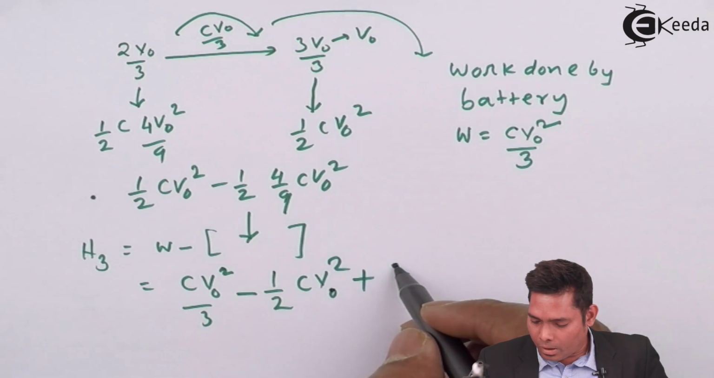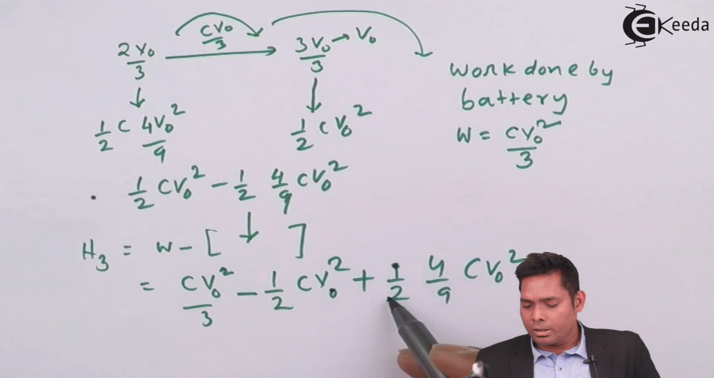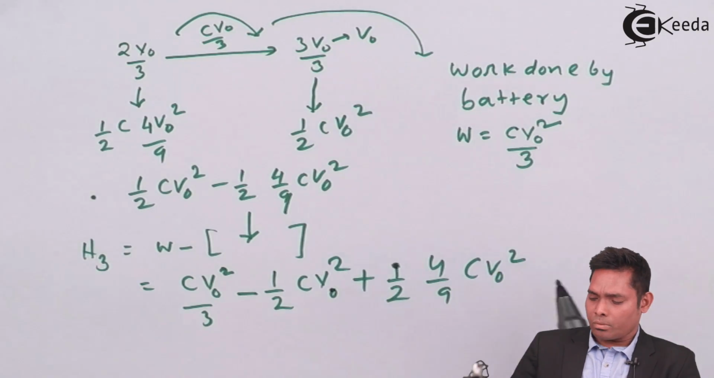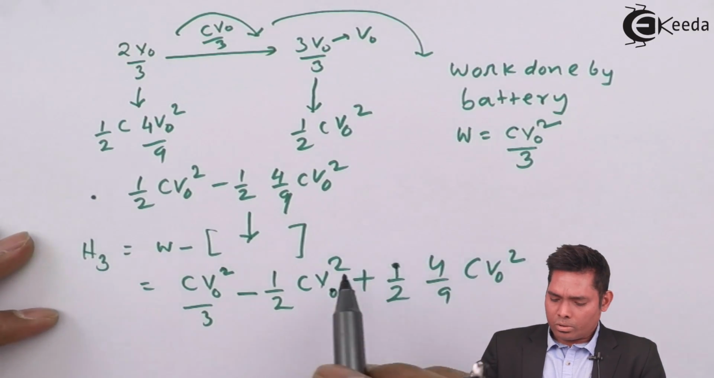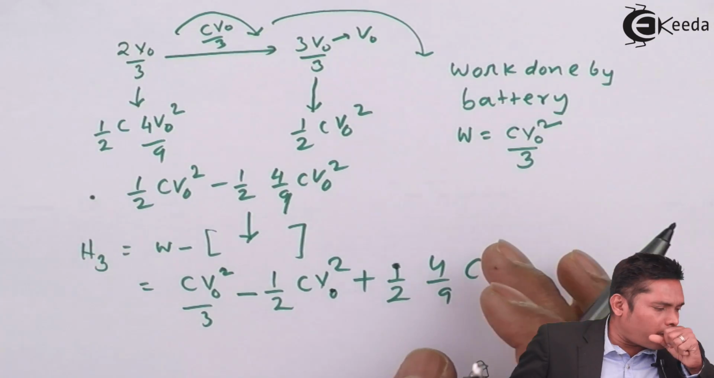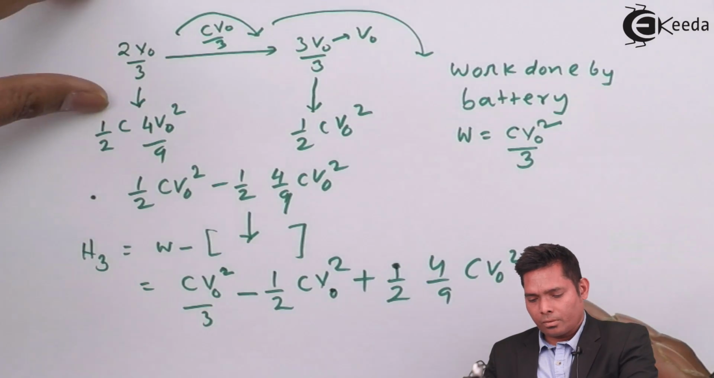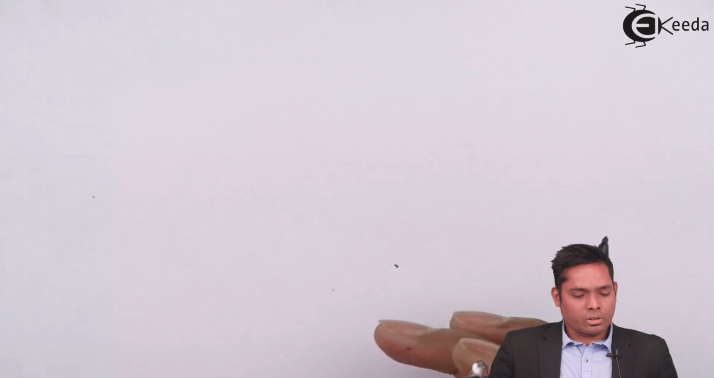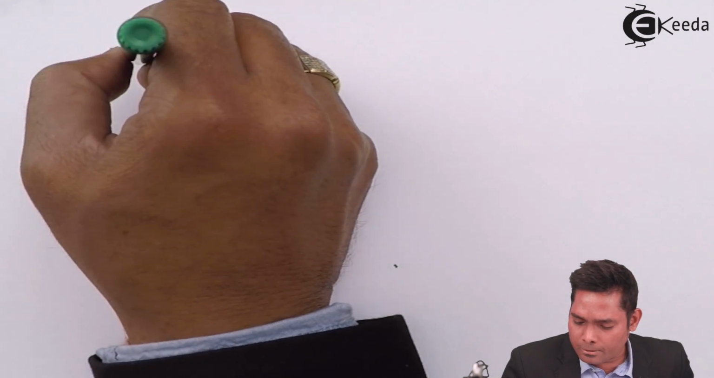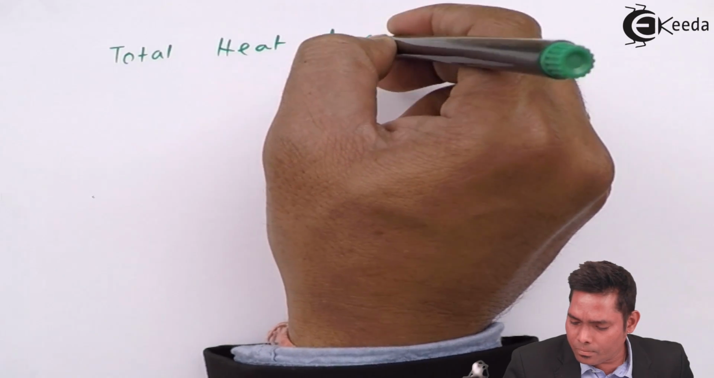Half of 4 by 9 CV naught square. I'm not cancelling this because I will have to use it somewhere else. So why should I change now? So these are all the three heats that I obtained. I will just add them up. The total heat dissipation